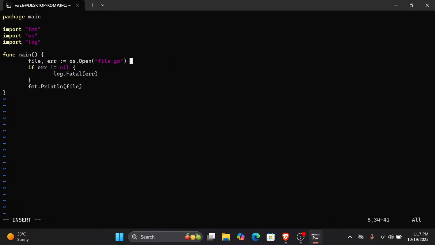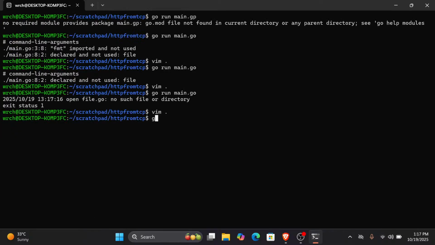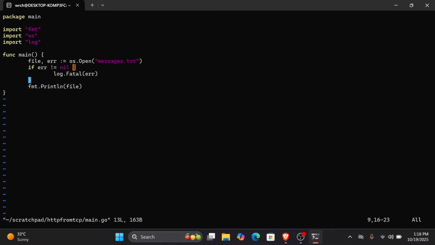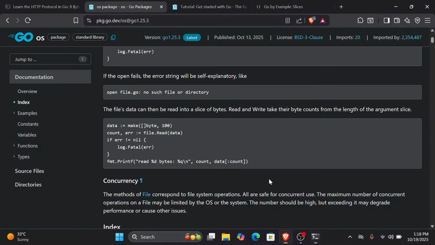D4B maybe, yeah, that will work. It's not a file.go, it's messages dot text, and go run main.go. So we got the file descriptor, I guess. Yeah. So file successfully opened, and now I want to